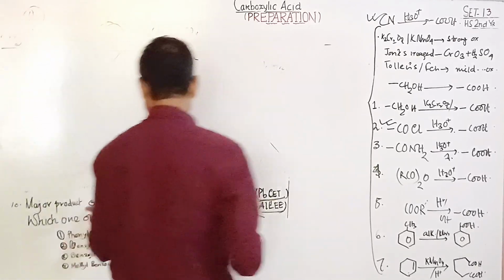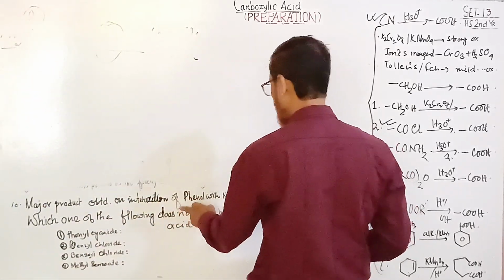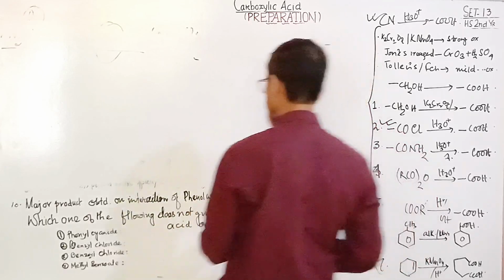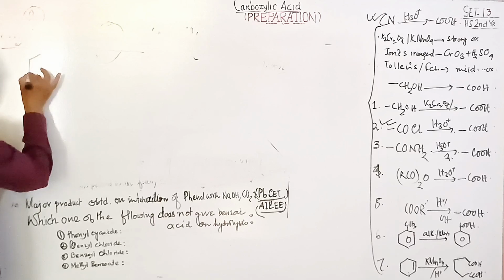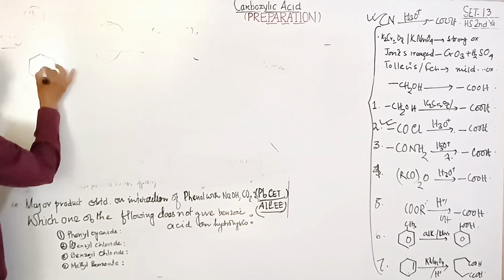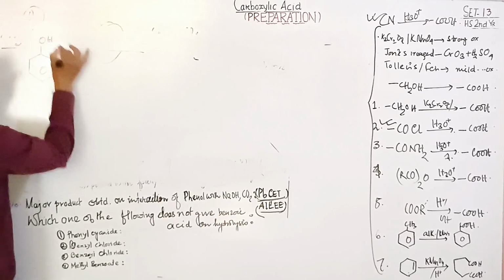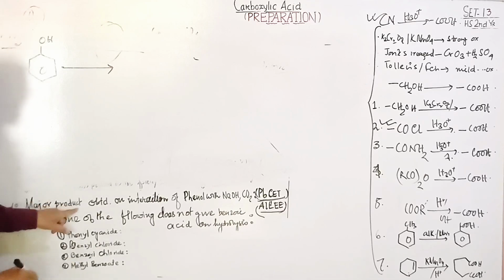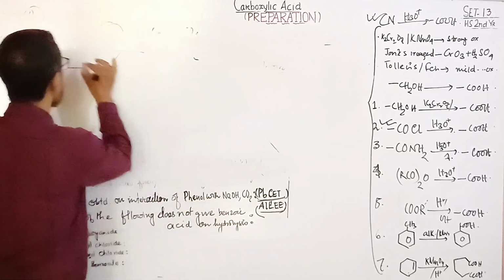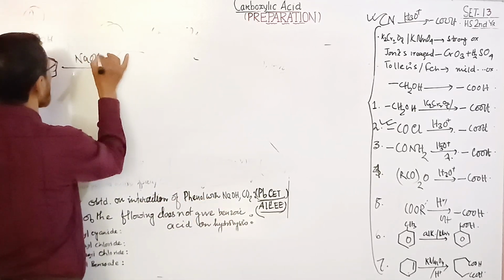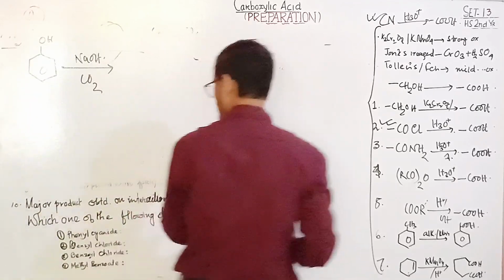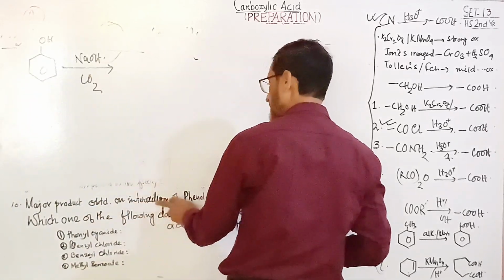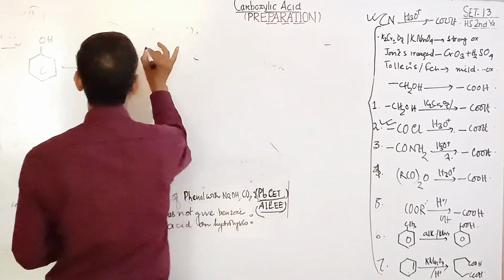So, the product obtained on interaction of phenol with sodium hydroxide and carbon dioxide. This is a very important question. This is phenol, and when it is treated with sodium hydroxide and carbon dioxide, what is the major product formed? Answer,